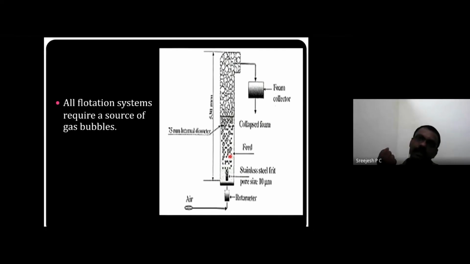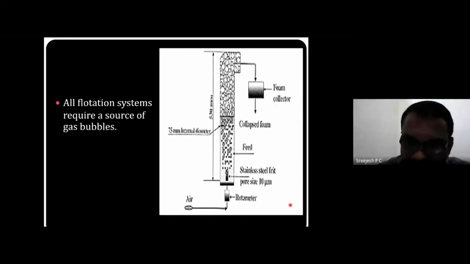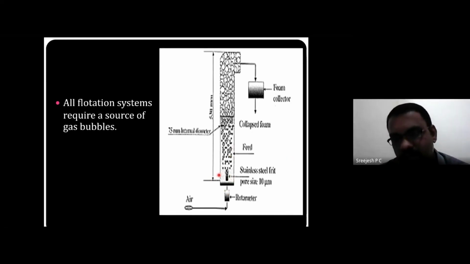bubbles. Why are we talking about tiny air bubbles? When the size of the bubble is bigger, what will happen? They will burst very fast, right? Only a tiny air bubble can move through the column and reach the surface. That is why I am specifically mentioning tiny air bubbles. To generate a tiny air bubble, we require a narrow orifice, whose pore size may be averagely around 10 micrometer in size.